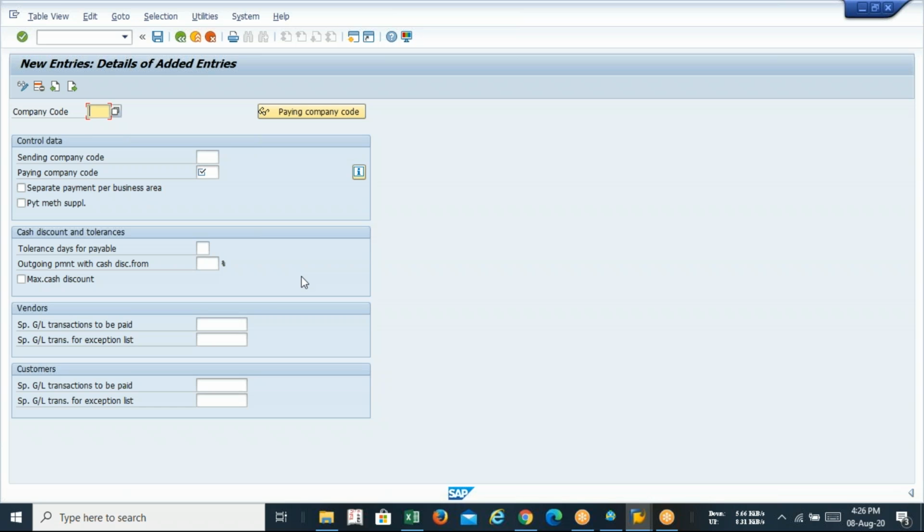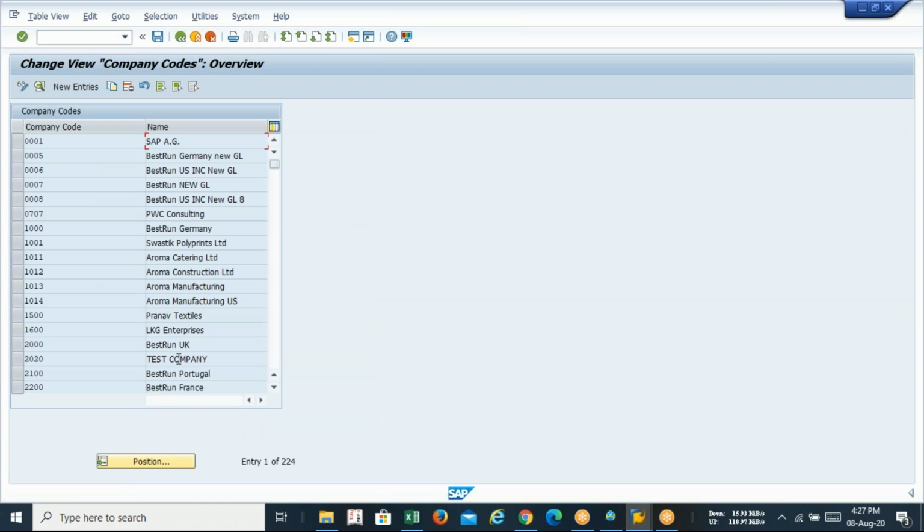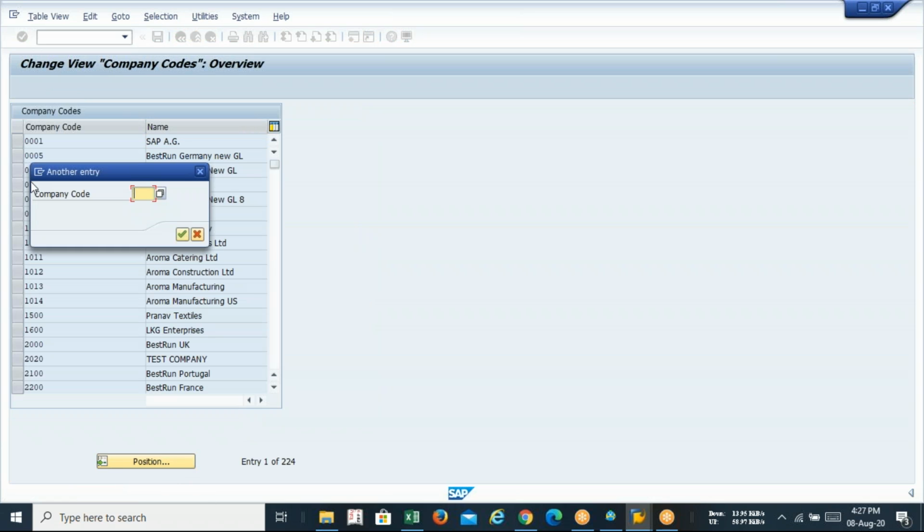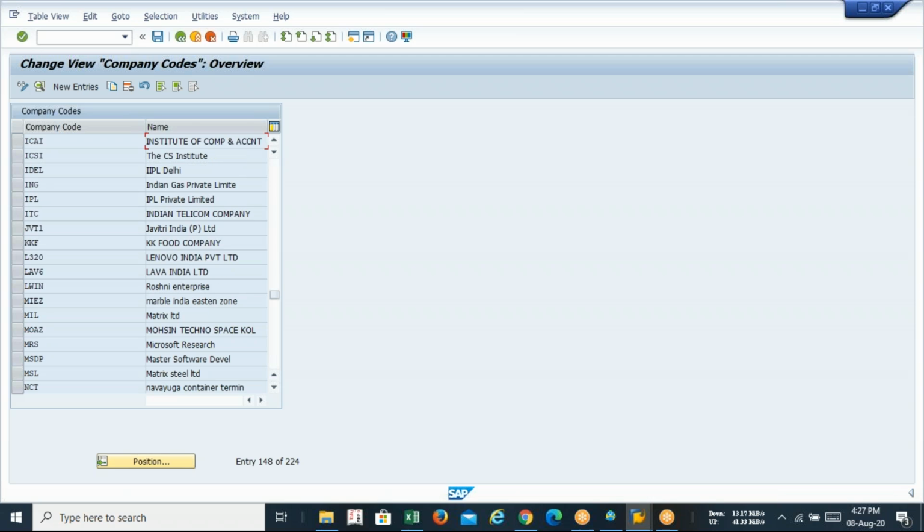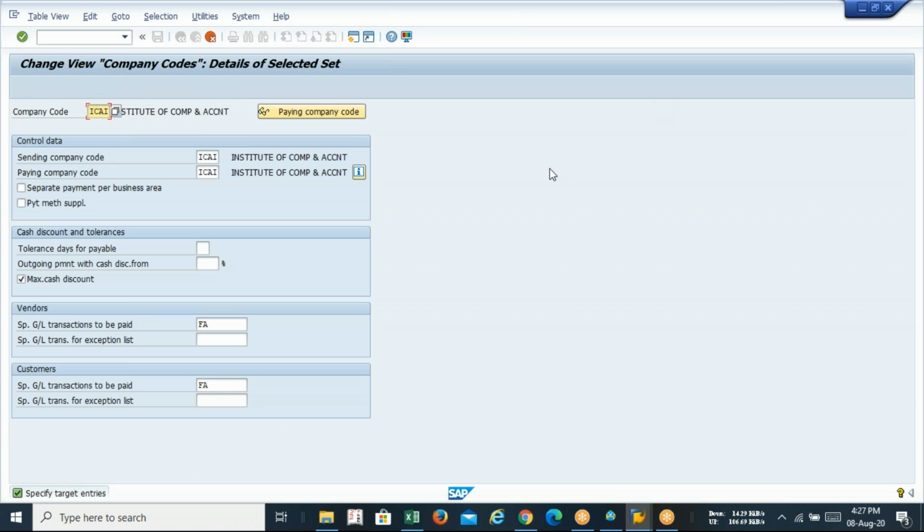Either you can do this by putting in all the information, but when we are getting this kind of configuration, what we are supposed to do, we can copy. So I am recommending you just copy from ICAI. There is a company code ICAI, copy, and just change it with your name.